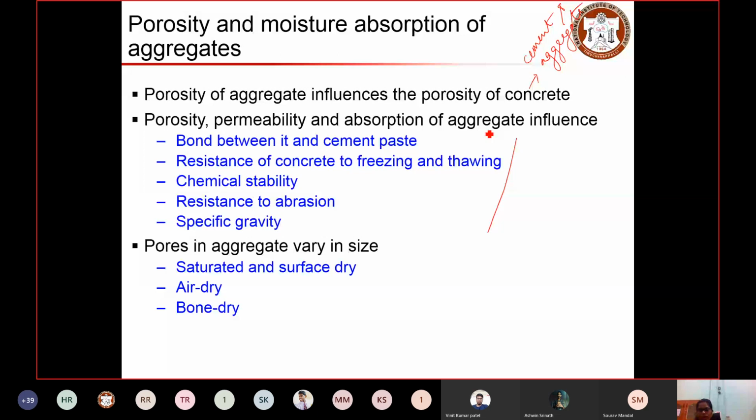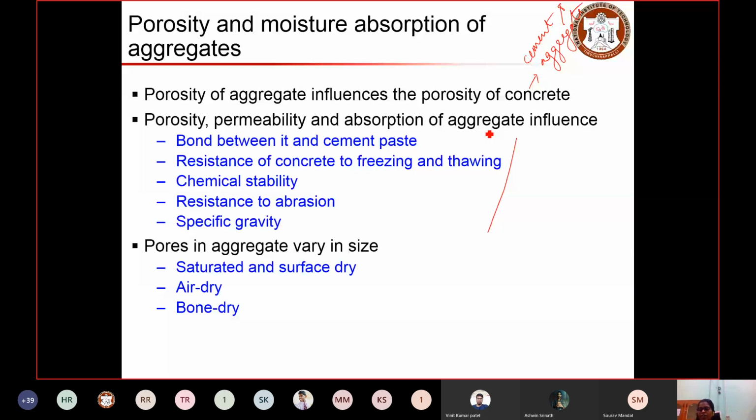In such cases, the presence of certain pores will help enhance the bond, because cement can get into the pores and fill them. That creates an interlocking effect at that region, which improves the bond. But that depends on the pore sizes and number of pores in the matrix. If the pore size is too big, that has an adverse effect, so that is not good for having a good bond between the materials.